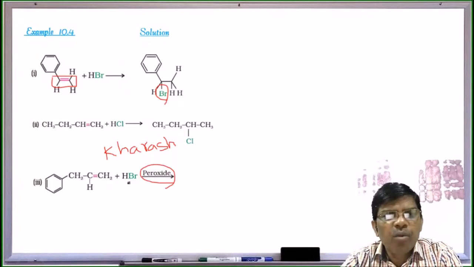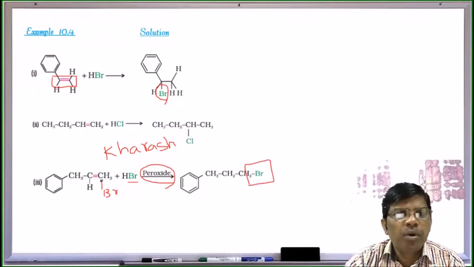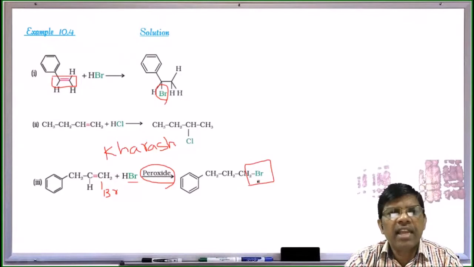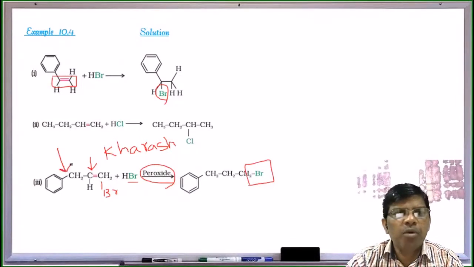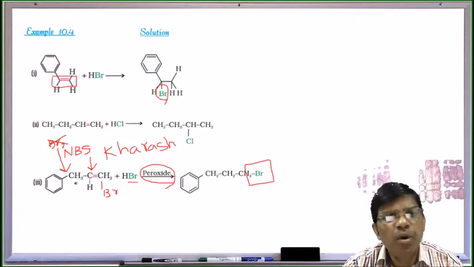So in this case bromine is going to be attacked at this primary position, to give this primary bromide, the Kharasch effect. Phenyl propene, if I use HBr in presence of peroxide, I am going to get this. And if I want to make bromine at this position, what do I have to use? Then simply use HBr, don't use peroxide. If I want to make bromine at this position, which is benzylic to this benzene ring and allylic to this alkene, then what do you have to do? The common reagent used for benzylic and allylic bromination is N-bromosuccinimide, NBS. In presence of UV light, you are going to get bromine at this position.